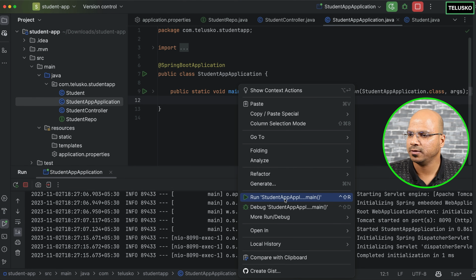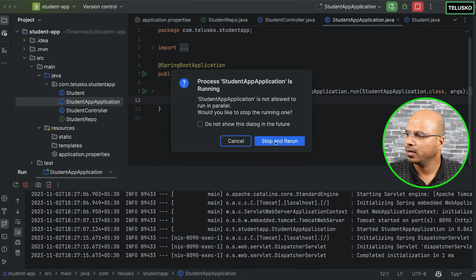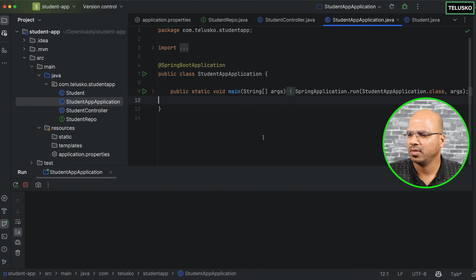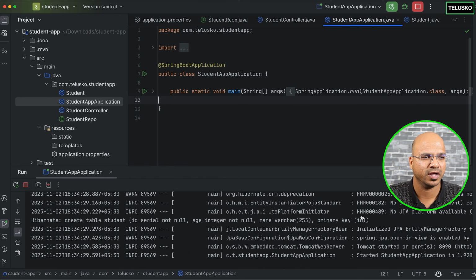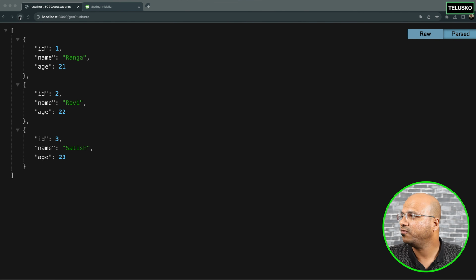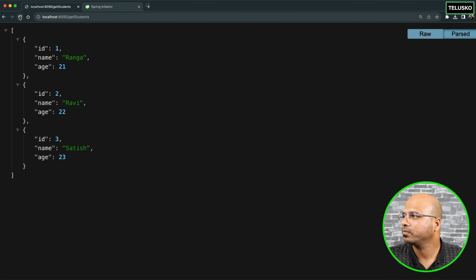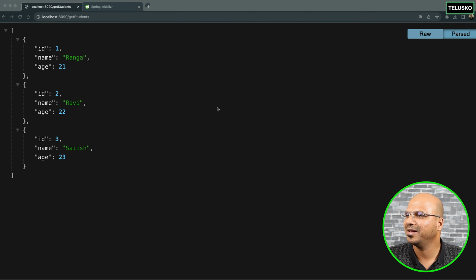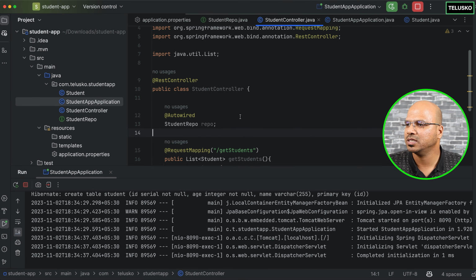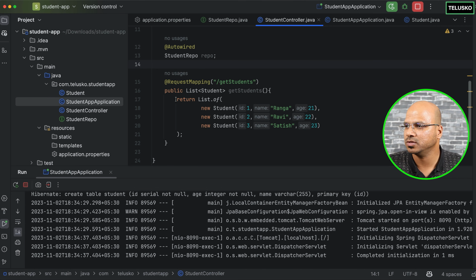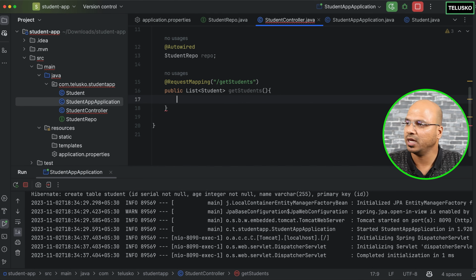I will go back here, run, okay, stop and rerun, and we'll see if something is missing, we'll add it. Okay, looks like there's no problem. Let's go and verify where is our browser. So if I refresh now, I'm still returning, okay, things are not done yet. What we are still missing is that we are returning the hard-coded values. What we need to do is we need to say